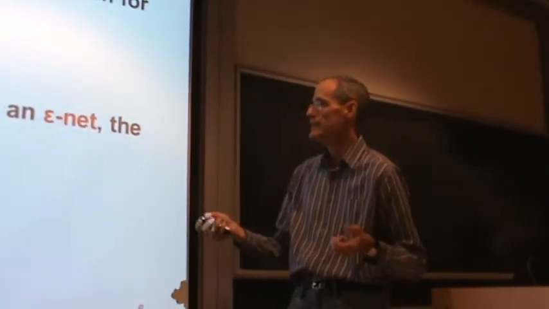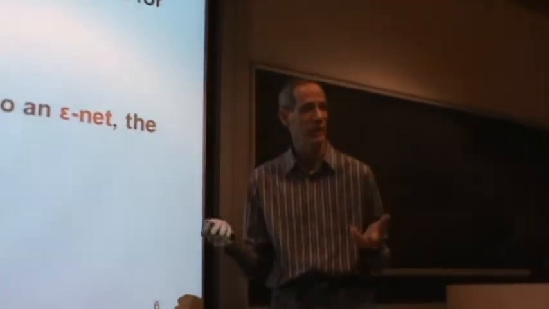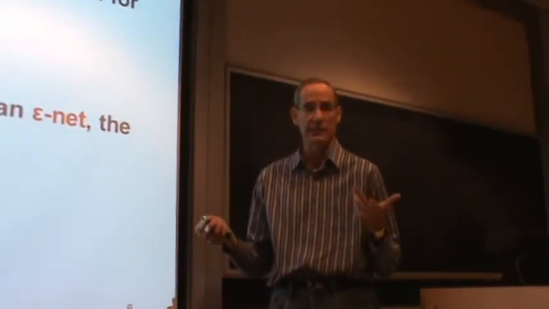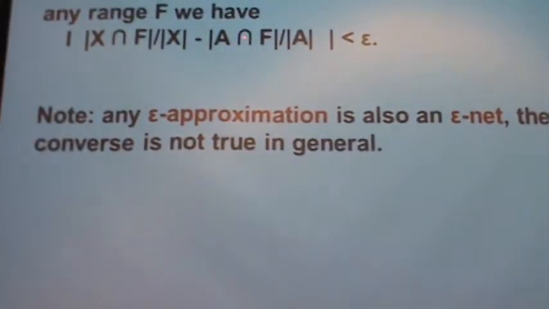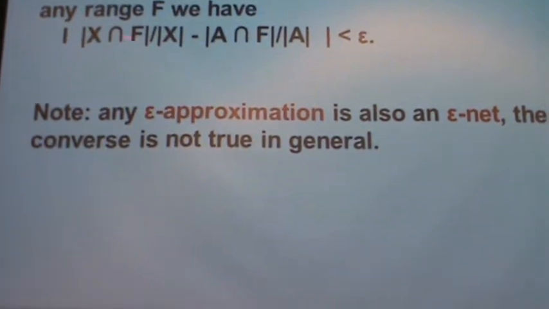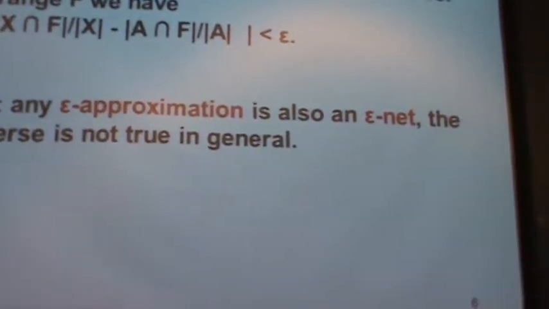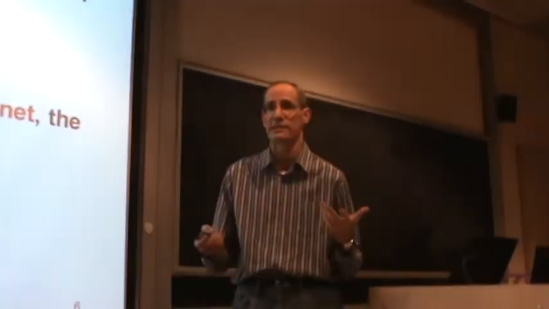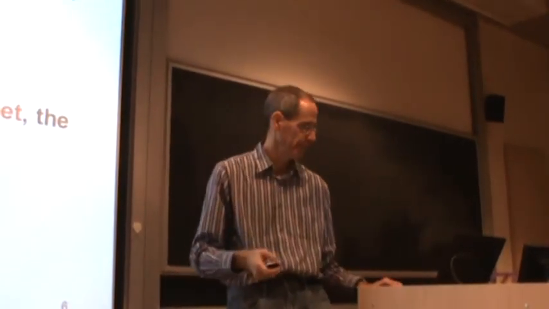So in some sense, this x, you can think about it as a sample, it represents well all the ranges. And you see that an epsilon approximation is necessarily also an epsilon net, because what is an epsilon net? If the size of A intersection F is bigger than epsilon times the size of A, then this quantity is bigger than epsilon. So this quantity should be non-zero. Otherwise, the difference will be too big, right? But the converse is obviously not true. So an epsilon approximation is something that is a bit stronger. But in a way, they are similar.